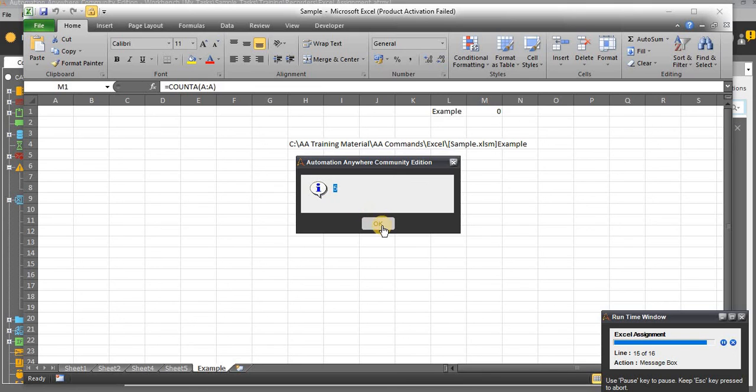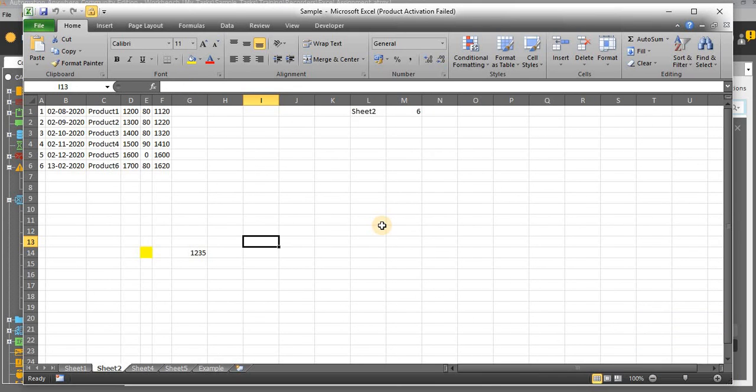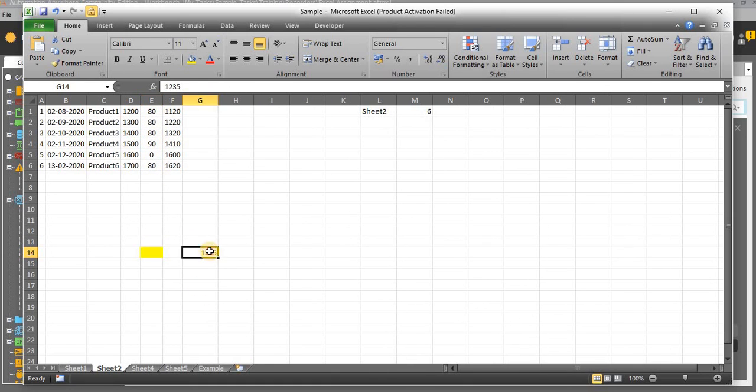Done. We have got the total number of sheets. Finally, the macro. Here you can see the yellow color has been highlighted and it has updated the values. Very simple. You just record, and after that you run the Excel macro using the macro name. Easily we have achieved the target without anything. Done.